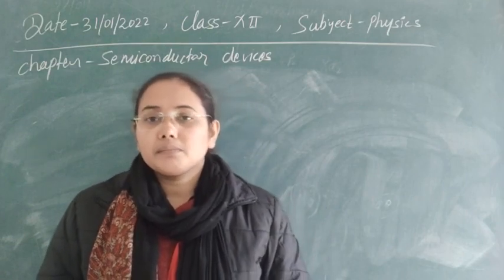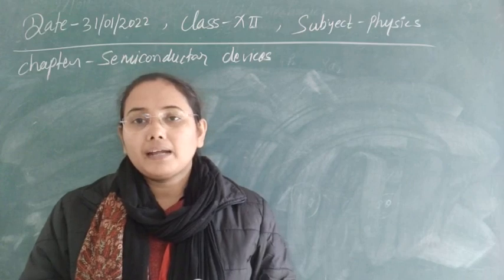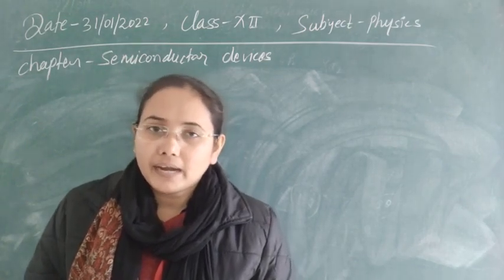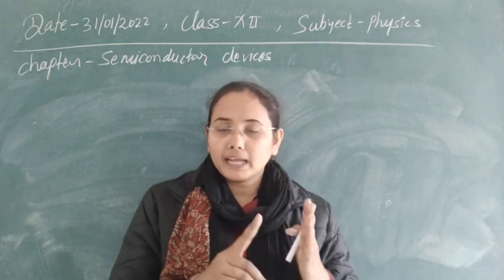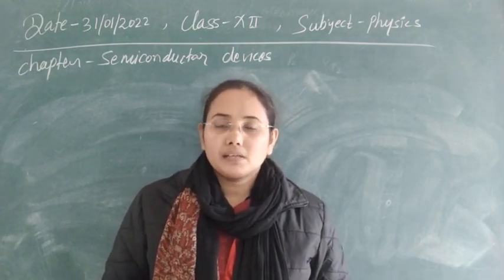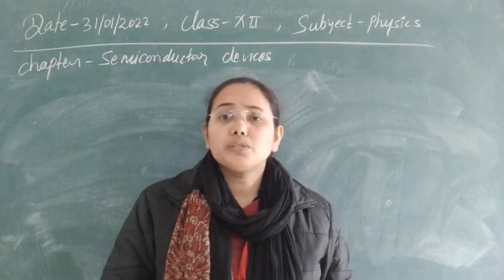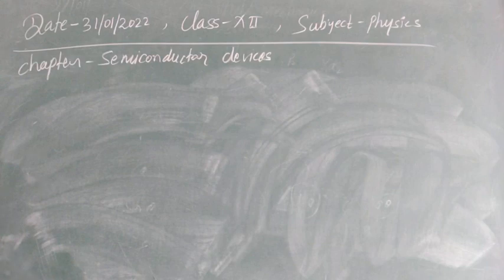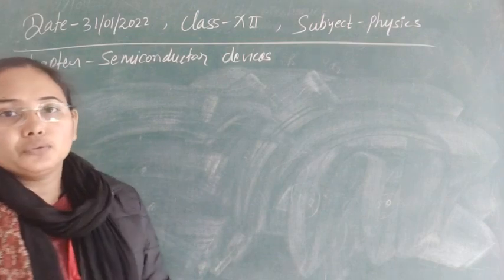We only use some special methods to join p and n type materials, and sometimes we also use a p-type wafer, and in that p-type wafer, by the doping process, we make n-type in the same material. This is also one of the processes to make a p-n junction diode. So by using only some suitable methods we make a p-n junction diode. One conceptual question that is also asked is: can we simply join p and n type material to construct a p-n junction?